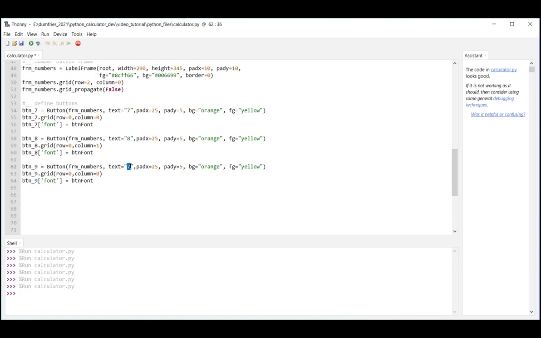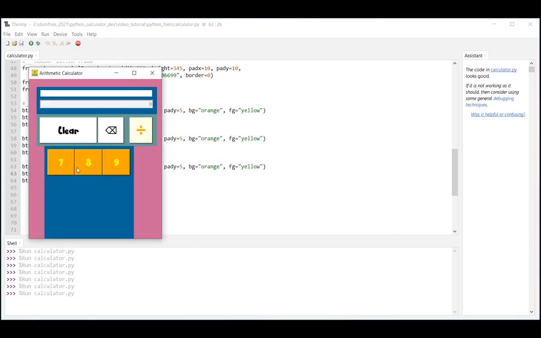Change the text to 9, padding colour will stay the same, row 0, but this time it will be column 2. And the font, let's check that, Control S to save it, F5. Right, now that I've got these 3 buttons in the correct position, I'm going to copy that code and put